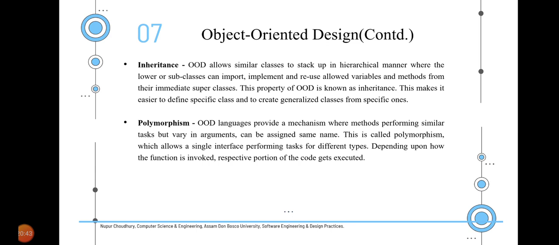Suppose, as I already gave you the example, I am using two floating point numbers and two integer numbers. Depending upon whether I am feeding in integer numbers or floating point numbers, that particular code is executed. The multiply operation for either integer or floating point numbers is executed. So it saves the amount of effort, and it saves the amount of space and computational time in order to perform the same set of operations, although their arguments are different.